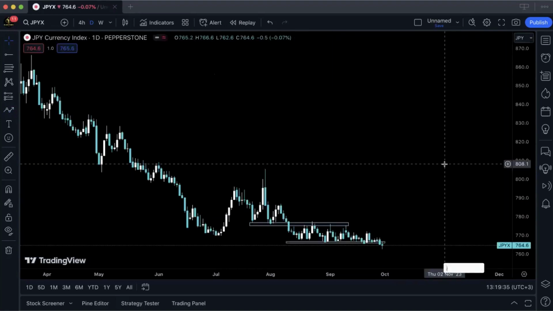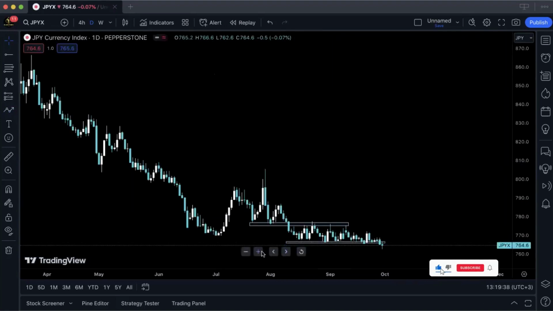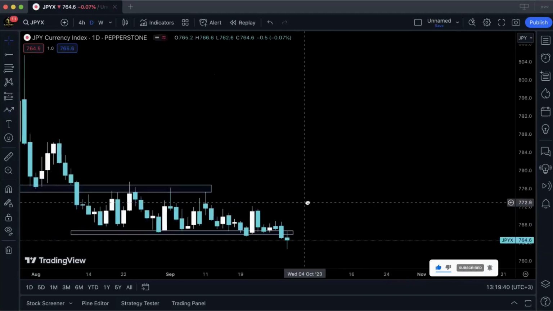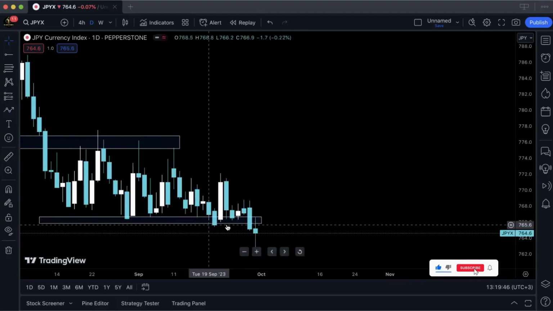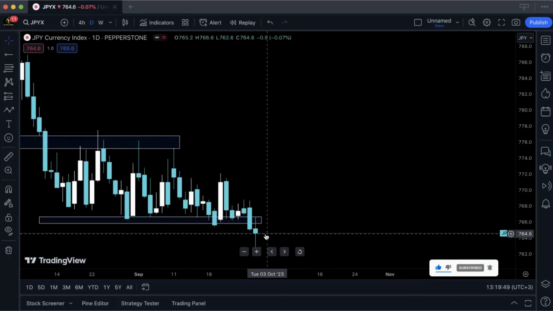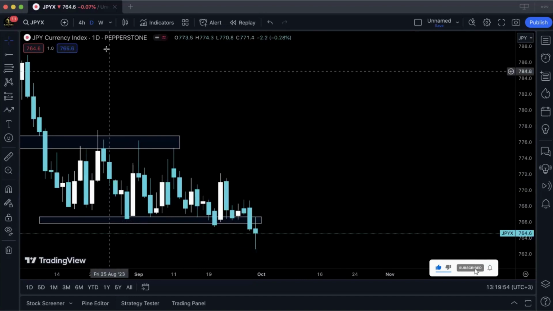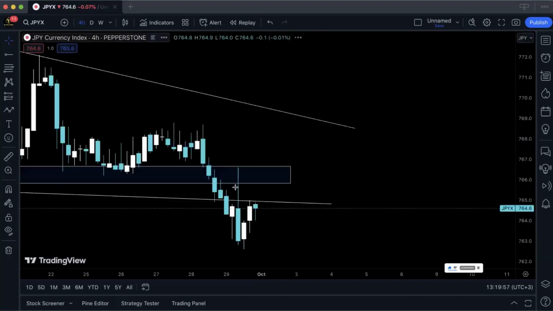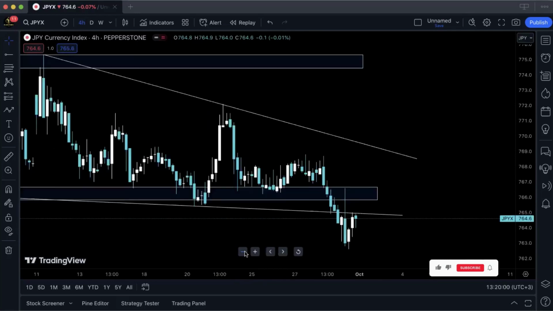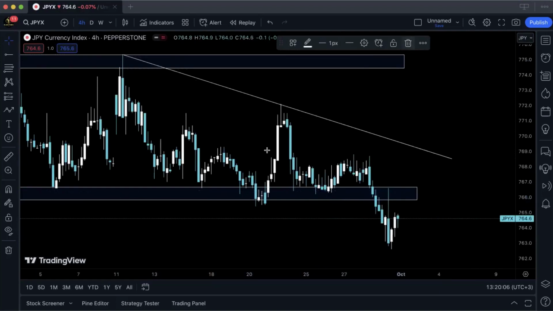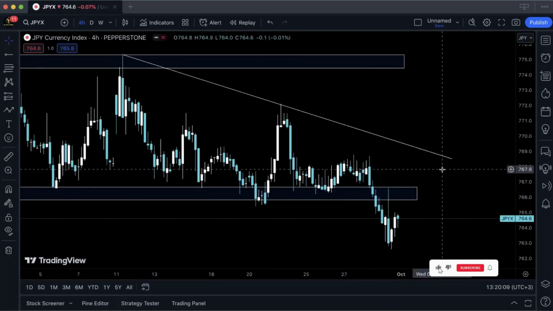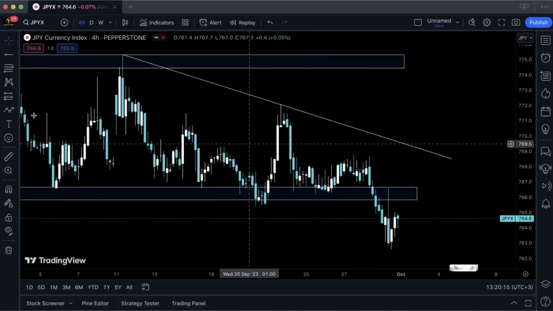Now, how will the US dollar be impacting JPY? Obviously, the Japanese yen is inversely correlated to the US dollar. So on Friday, prices closed here with a doji. Obviously, prices have already broken below this low, but I believe if the US dollar starts dumping, JPYX will take off. So what I'm looking for right now, for me to actually take a trade on JPYX, I'll have to wait until the trend changes. Trading against the trend is insane. It's bad, it's no good. So if the US dollar reacts to the fundamental,